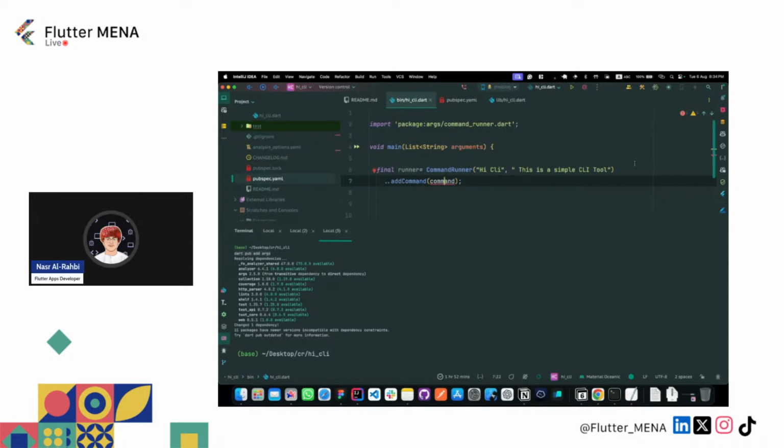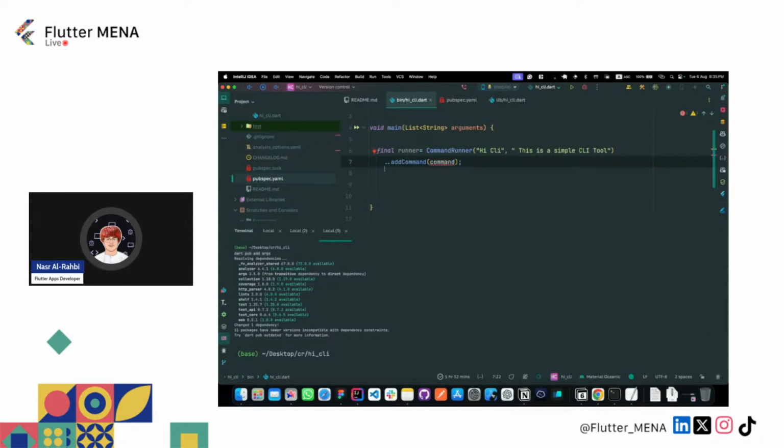But here, no, this is a professional way. We have to add double dot, then addCommand, and here we will write our command class. But until now we didn't have the command class, so we have to go to the library